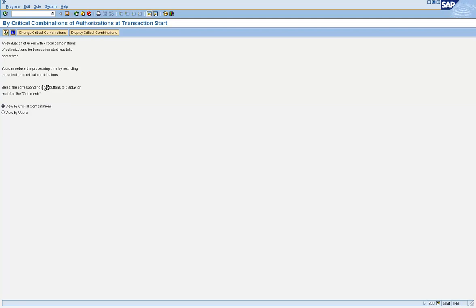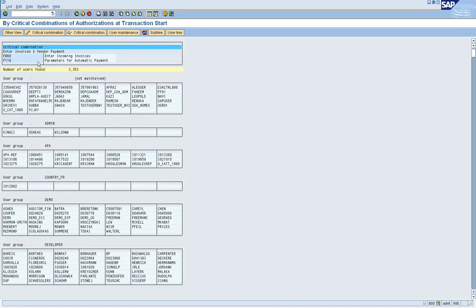So when you hit execute, you have these many people who have access to these two transaction codes. Okay, and they belong to some user group.